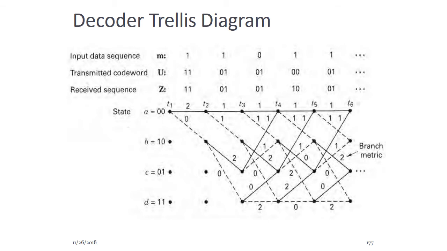Assume that the decoder starts at state A0 of the code trellis diagram. It shows that the current state is A, then the next state will be A or B. Likewise the 2 branches are shown from A0. One branch goes to the next node A1, representing the decoded signal as 0 0, and the other branch goes to B1, representing the decoded signal as 1 1. Likewise it will continue.